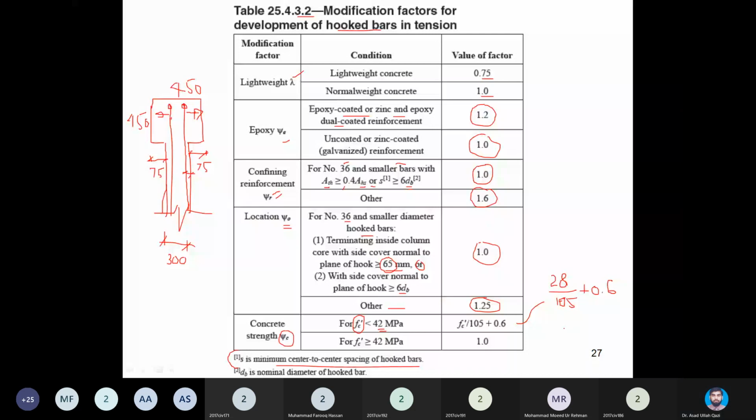Anyone online or still waking up? 0.87. Good. 0.87. And if your concrete strength is greater than 42, they are recommending